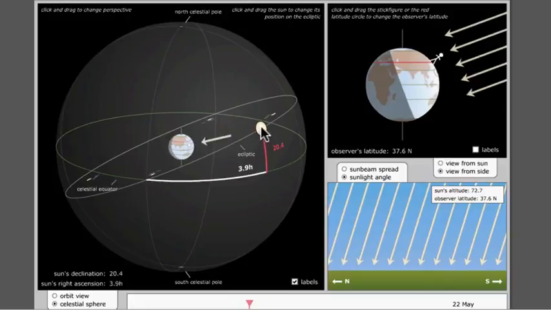It is now, if it was March 21st, it is now May 21st, and the sun's declination is 20 degrees north, which means the sun is well north of the celestial equator. That means that the sun is directly overhead at a point of terrestrial latitude 20 degrees. You see the direction from which the sun's rays are reaching Earth, and you see that